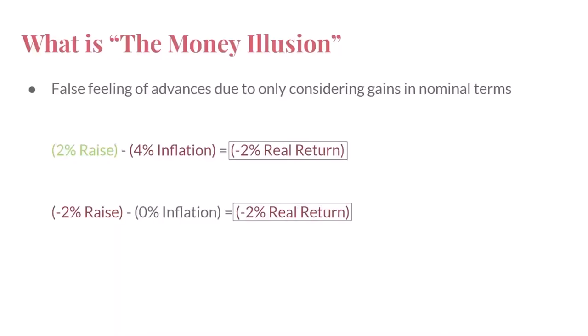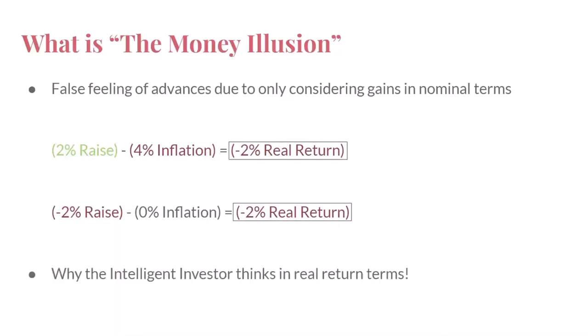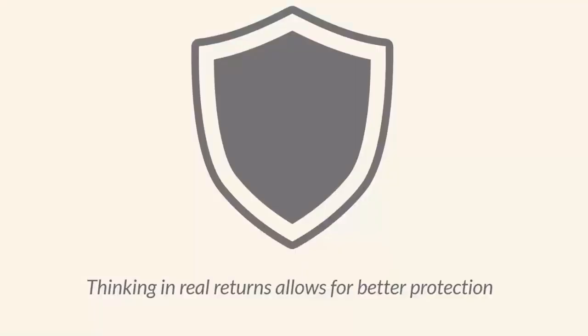So long as the nominal or absolute change is positive, we as investors are likely to feel better and see it as a good thing, even if the real or after inflation result is negative. And this here is the money illusion. This so-called money illusion is why Graham suggests that the intelligent investor is one that will always measure their anticipated returns from an investment or the success of a past investment return in real terms, not nominal. By considering investments in real terms or after inflation, the intelligent investor can be better guarded against what is unexpected or underestimated.